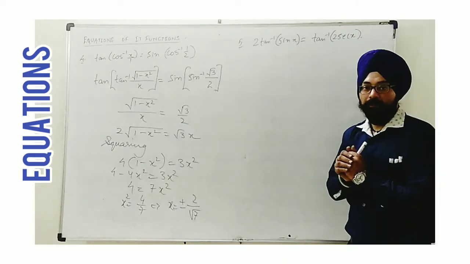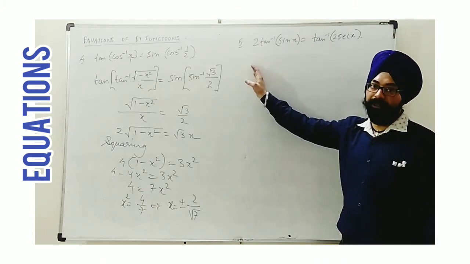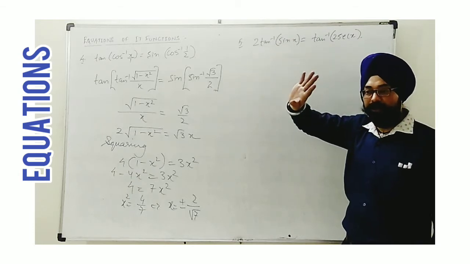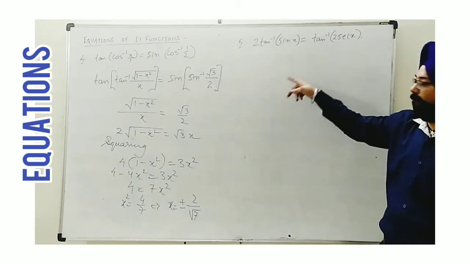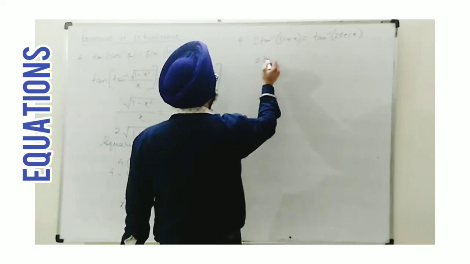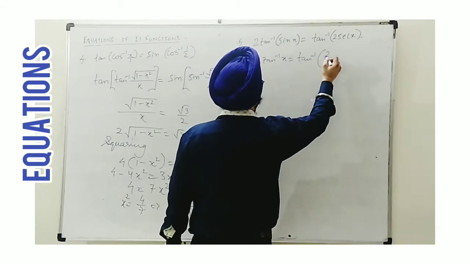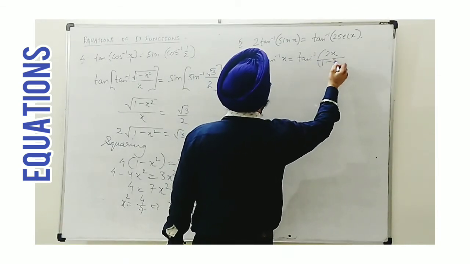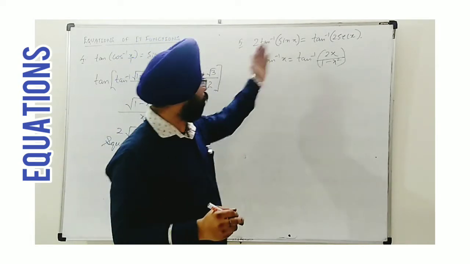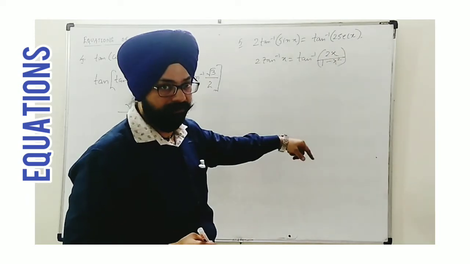Here, by comparison, we will eliminate the first inverse trigonometric function. But again, one problem: this is twice tan inverse, so we cannot compare till it becomes only tan inverse, like the right hand side. What are we going to do? The identity for 2 tan inverse x is in terms of tan inverse 2x upon 1 minus x square. I repeat my statement: I chose to convert to tan inverse only because on the right hand side I am having the function tan inverse.